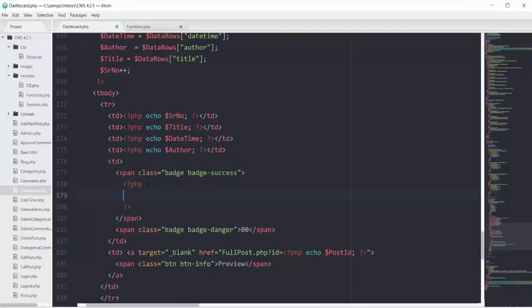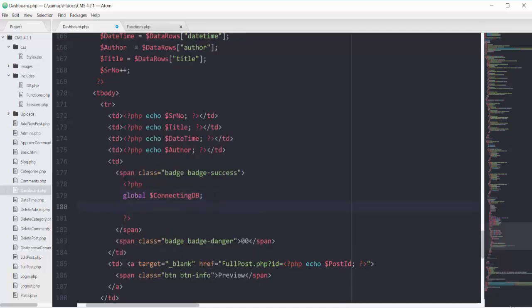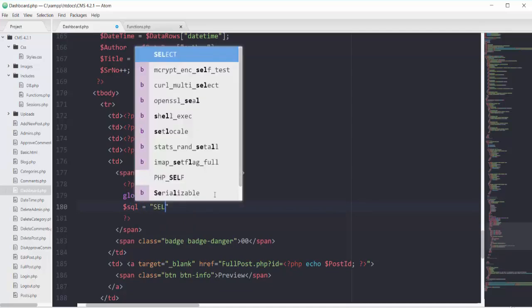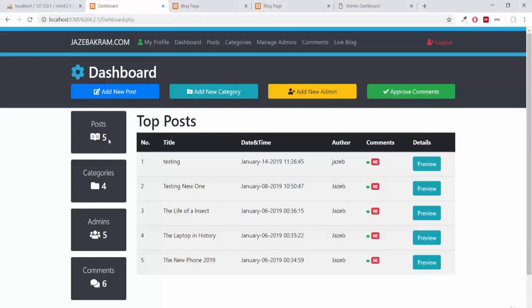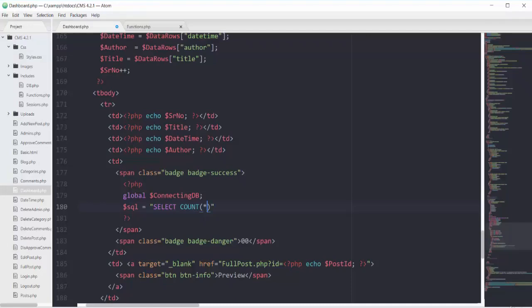So after adding the PHP, first bringing my connecting DB variable for the database connection, and then I will have this SQL that will be select count star, same as what we did with this part where we count the number of comments by using this function of count star.